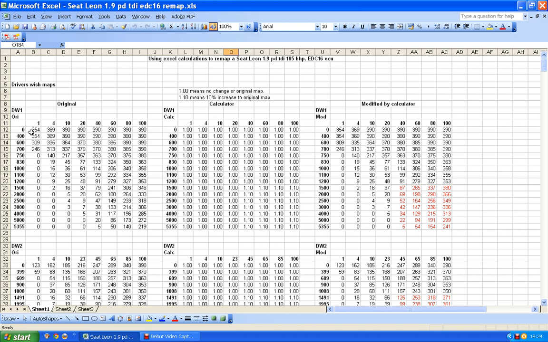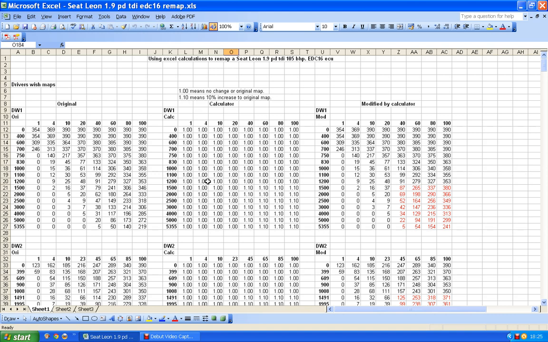So if there is a 1 there, this is 354 multiplied by 1, so the answer is 354. So the modified file is identical to the original file because multiplying by 1 obviously has no effect. If I multiply by 1.1, that's a 10% increase.